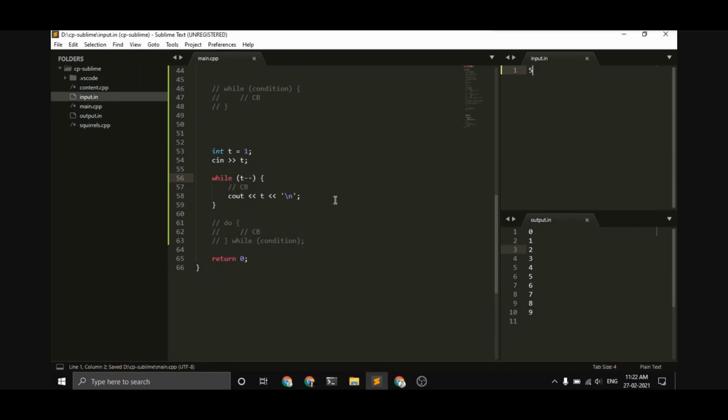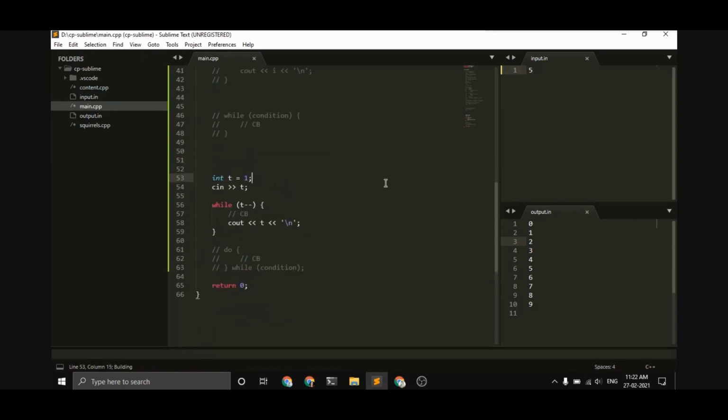So if our t is equal to 5, let's see what's printed here. Yeah, we have 43210. So 5 was checked, and since 5 is true, it is not equal to 0, since it's not false. So we'll decrement t, and the value inside t will be 4. So this will go on till t is equal to 0, then we'll break out of the loop. This was just a simple syntax of the while loop.